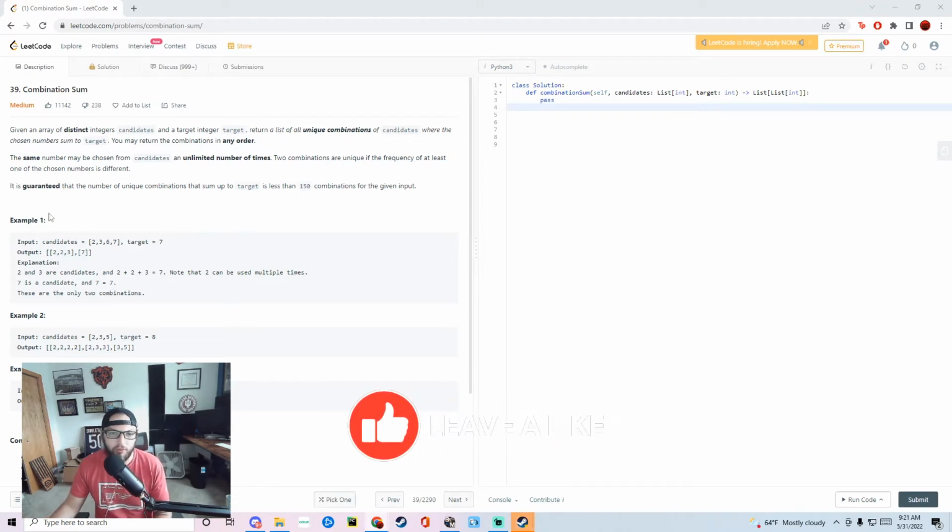So combination sum here. It is given an array of distinct integers, candidates, and a target integer, target. Return a list of all unique combinations of candidates where the chosen numbers sum to target. You may return the combinations in any order. The same number may be chosen from candidates an unlimited number of times. Two combinations are unique if the frequency of at least one of the chosen numbers is different. It is guaranteed that the number of unique combinations that sum up to the target is less than 150 combinations